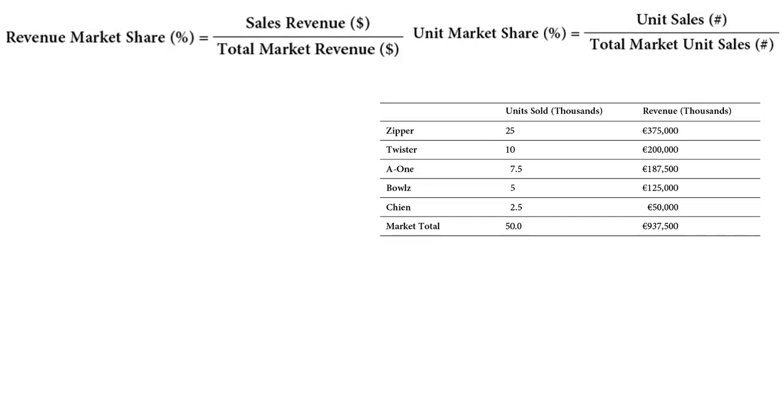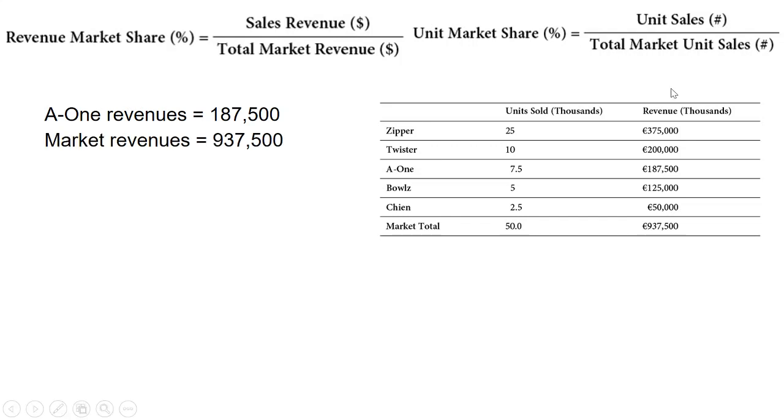So let's look at an example. This is straight from the book. You've got these brands, Zipper, Twister, A1, and so on and so on. It lists how many units each of them sold in the thousands, and also how many euros revenue they earned, also in the thousands. So let's look at A1. A1 had revenues of 187,500. Again, it's in thousands, but we'll just represent it in thousands. Market revenues were